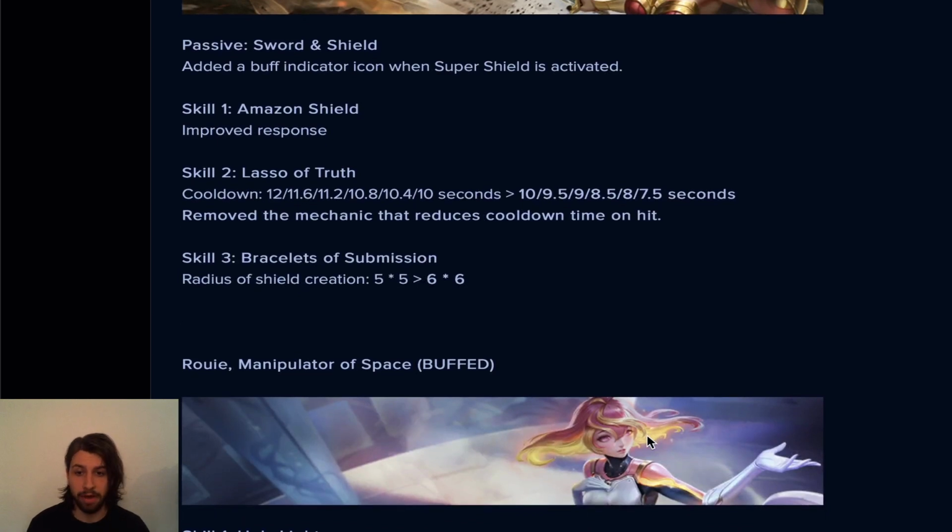Now, this is a pretty good buff though. Bracelets of Submission, her ultimate, is getting buffed. The AoV of the shield creation, so behind her, is getting increased by a very large amount, okay? From 5x5 meters to 6x6. That is a pretty large area increase, guys, okay? And what that is going to do,